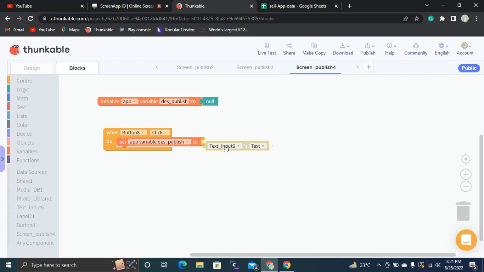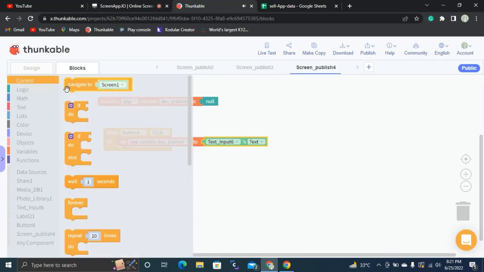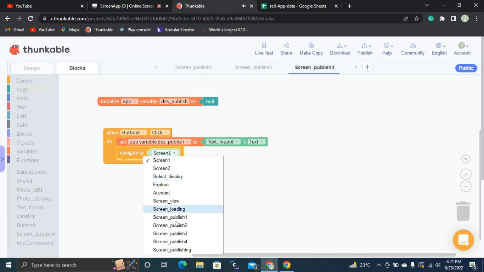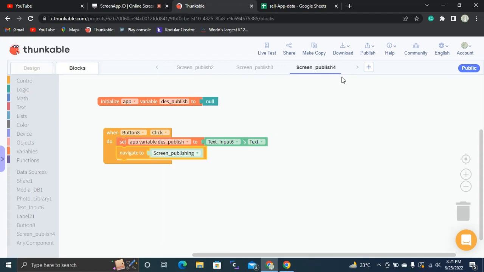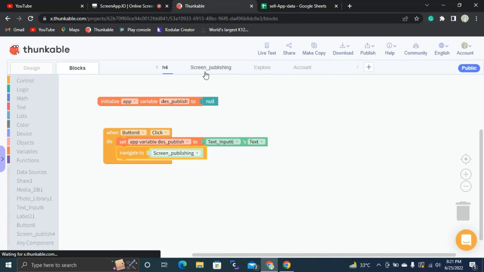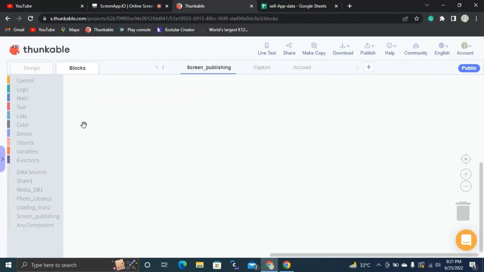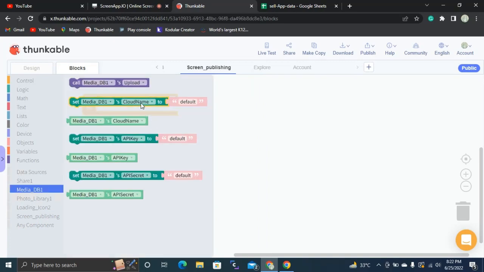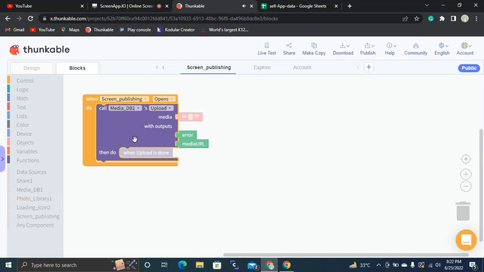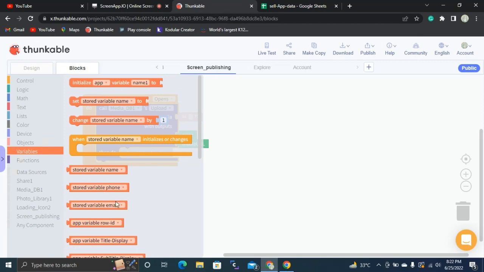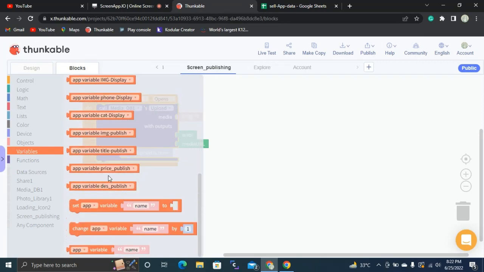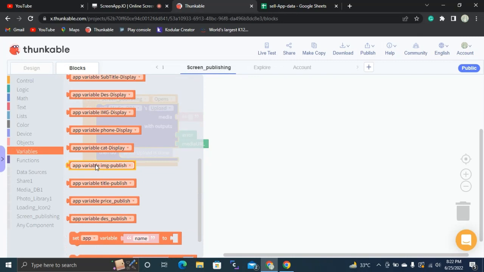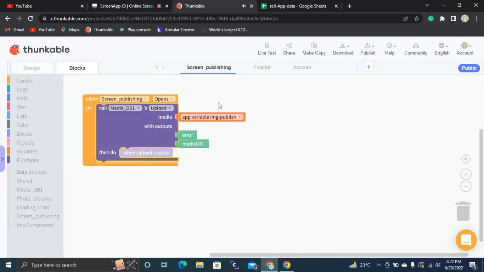Okay, so once we set the text, that time we are going to navigate the screen to screen publishing. In the screen publishing, whenever the user opens this screen, first of all we are going to convert the image to the URL with the help of this media DB component. So first of all, the media is going to go to the app variable and get this app variable image to be published. Once we are done successfully, that time we are going to